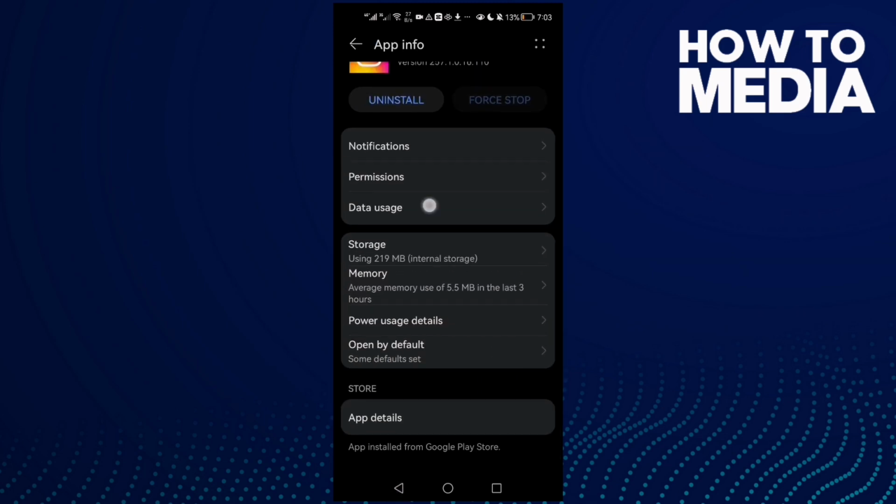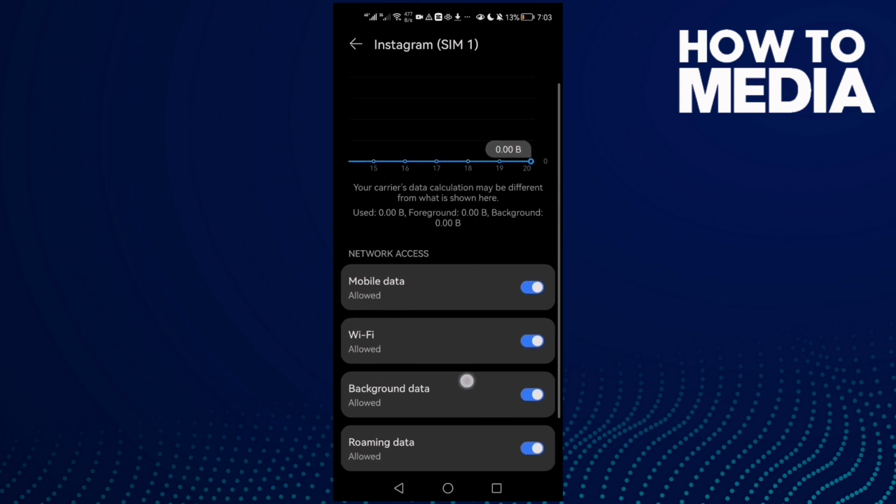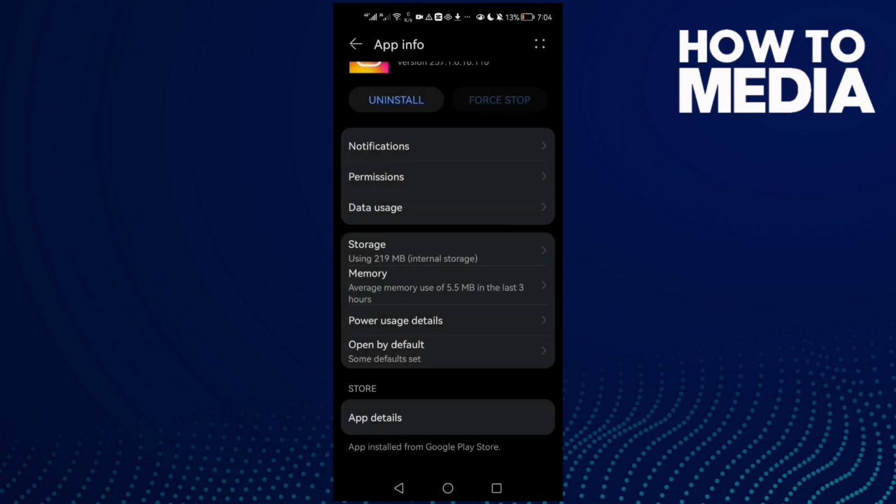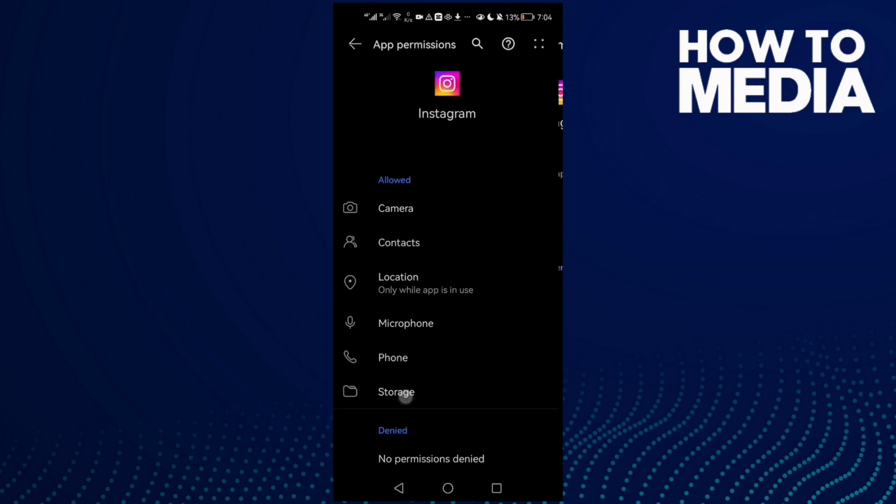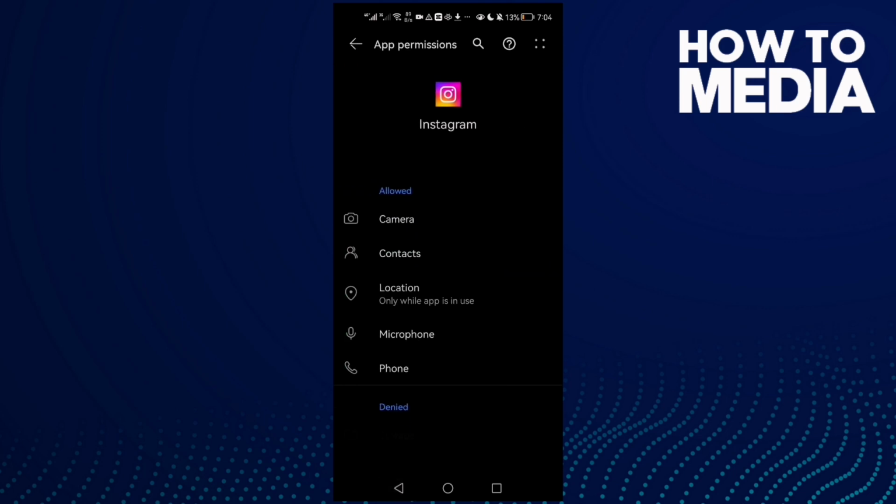we'll find the data usage. Enable all of those here and then go to permissions and enable storage. You will find it like that. Enable it,